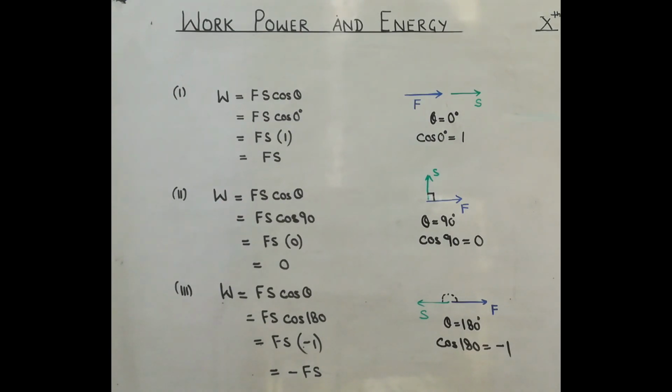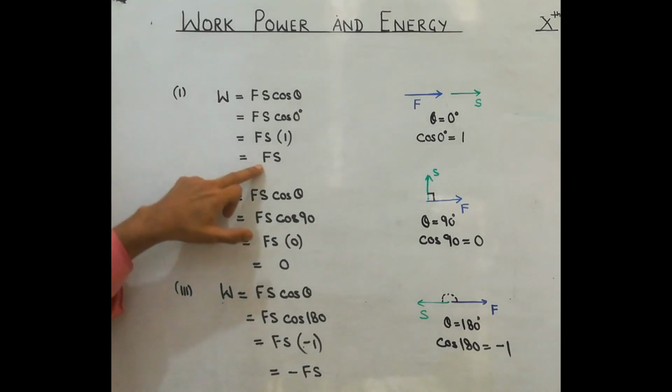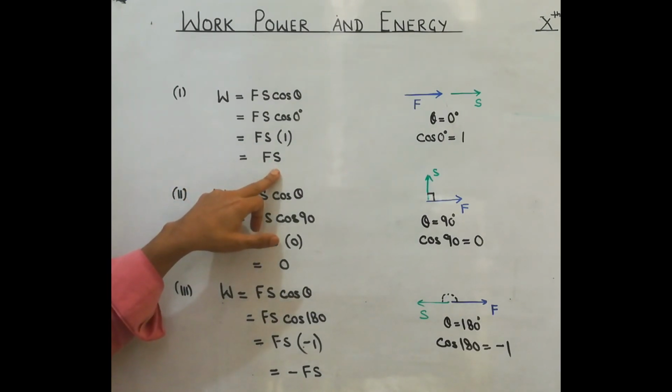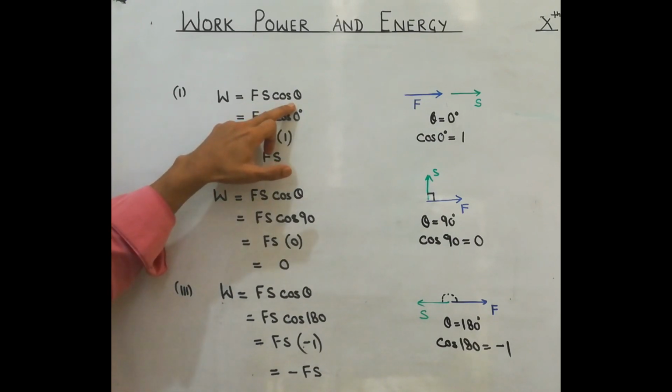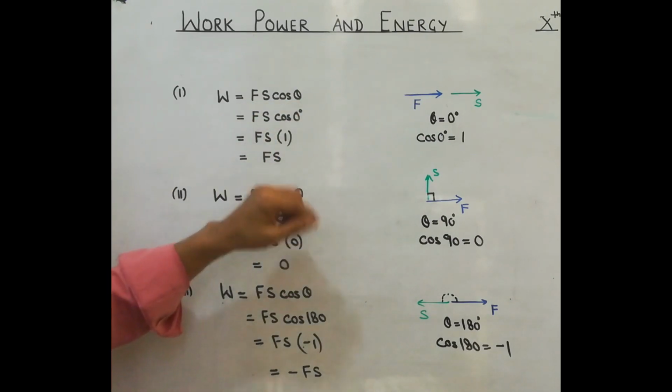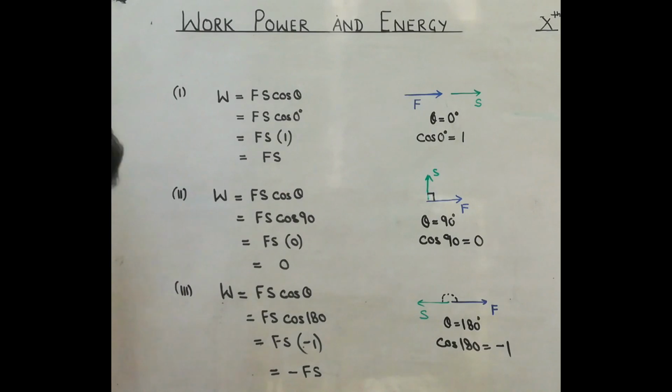So remember, the basic formula that we have for calculating the work done is Fs cos theta. And then we have some special cases. In most of the numericals, we will consider that the force and displacement are in the same direction, so we can simply use this formula, Fs. Work is equal to Fs. Otherwise, you have to apply this formula, and whatever angle is given to you, applying that angle, you will get the work done.